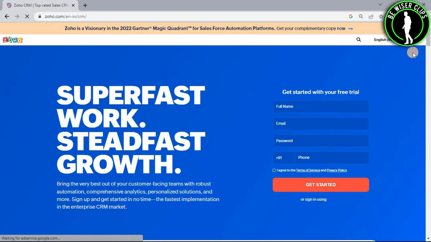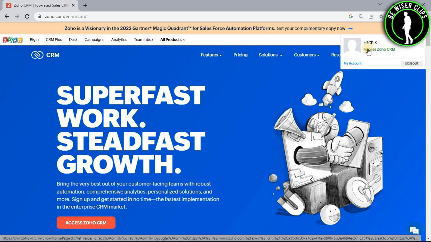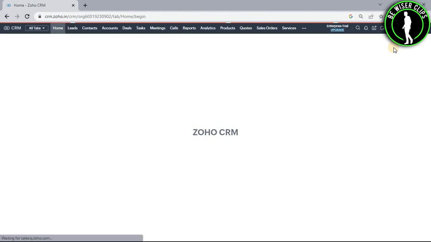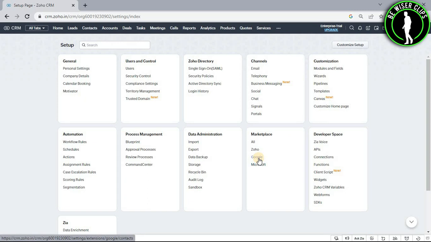log into your account right here, and after that select this profile icon. Now go with this option called Access Zoho CRM. After coming on the home page, select this settings icon, go with this Google option,